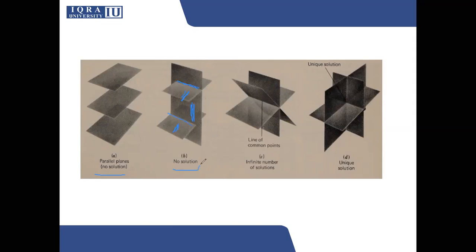But this again is a case of no solution. Why? Because the three planes, plane 1, 2, and 3, are not coming into contact at one single point. 1 and 2 are in contact, 1 and 3 are in contact, but 2 and 3 are not in contact with each other. So resultantly, this is a case of no solution. Again, this is the graphical analysis. We're looking at the graphical method of determining a solution for the planes.